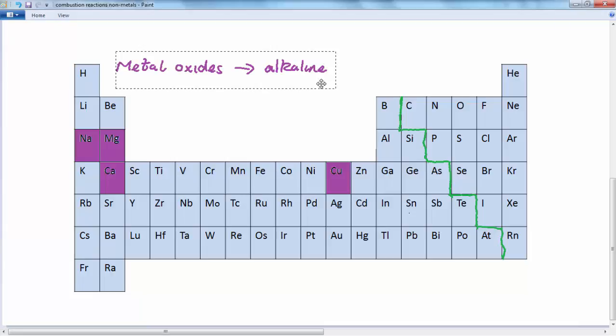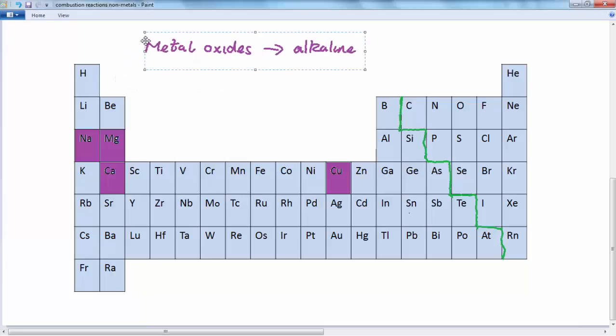We say that metal oxides are alkaline. Likewise, if we take a non-metal such as carbon, phosphorus, sulfur or chlorine gas, and we react those elements with oxygen to form non-metal oxides, then the non-metal oxides will be acidic. So we can say non-metal oxides